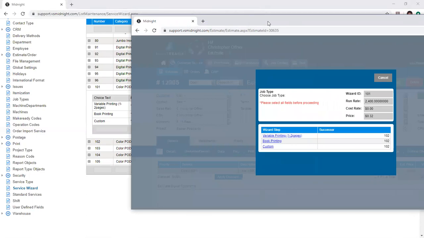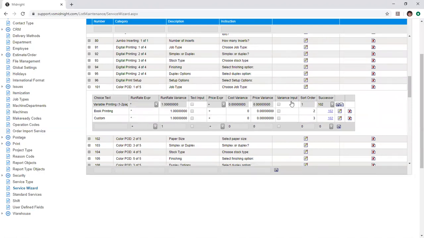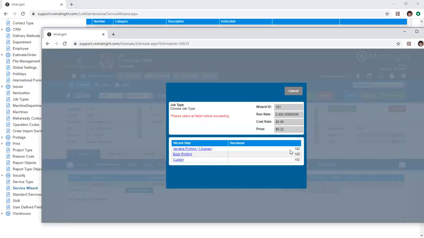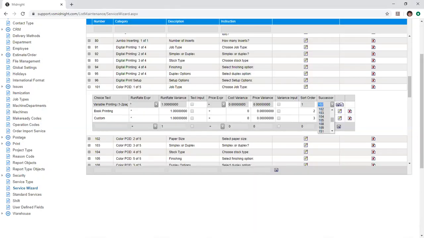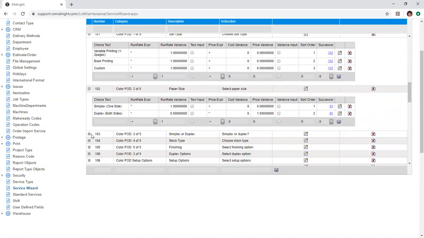The reason they're in this order is because of the sort order number. As you create new options, you may need to resort your wizard options so that they appear in the order that you need. You can always adjust your row by modifying the price or the cost or the run rate as needed, but also the sort order to change how they appear in reference to each other. And after you make a choice, you'll see that there's a successor number here of 102. This comes from this drop down here on the wizard line item. And once you make that selection, then you'll be brought into the next wizard of the series, where you can keep making your adjustments all the way down